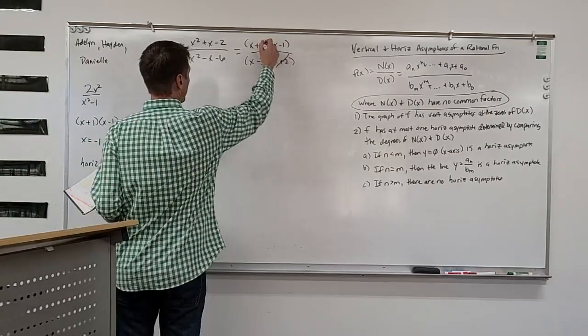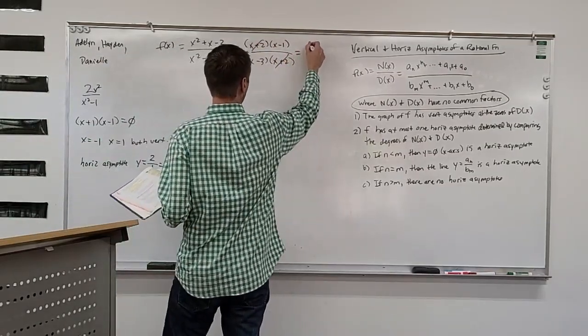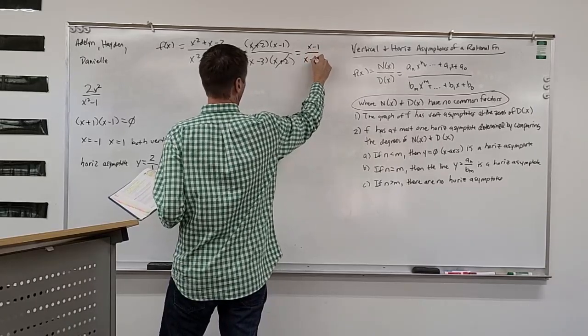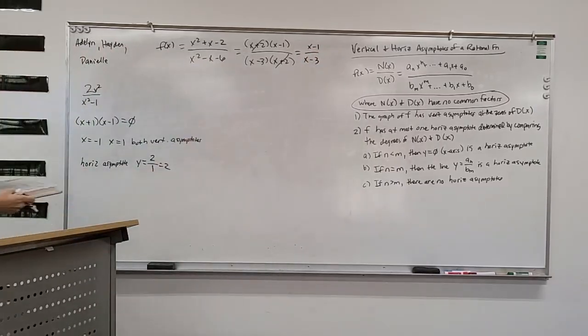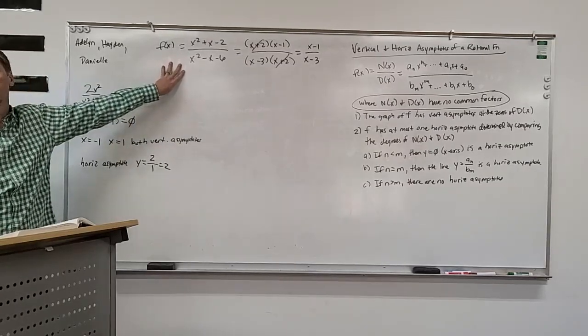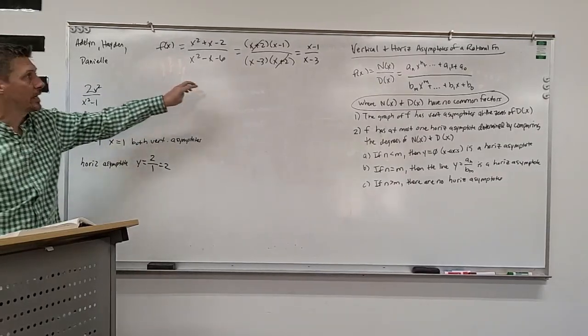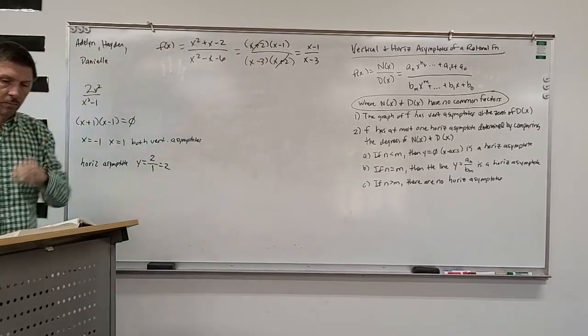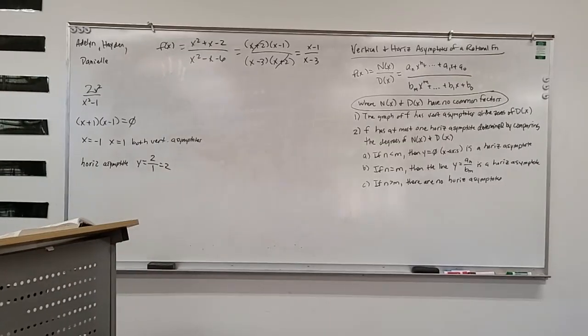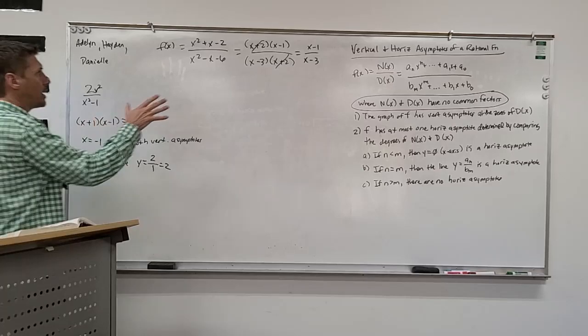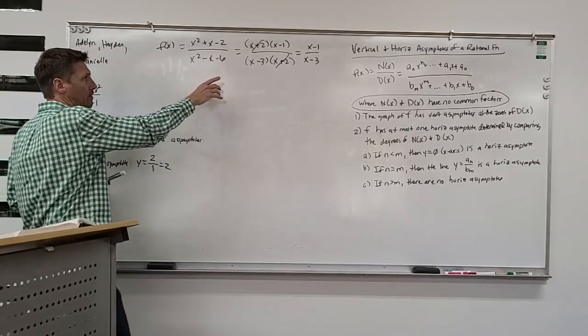And so we could cancel both of these out, and then we could use our rules over here for finding the vertical and the horizontal asymptotes, and they would be valid for this function. But the problem is, this was the original polynomial function that we had. And so we can't just simply discard those values, because they will have some bearing on the whole division by 0 idea, right? Because if I throw this away, but this is my original function, if I put in a